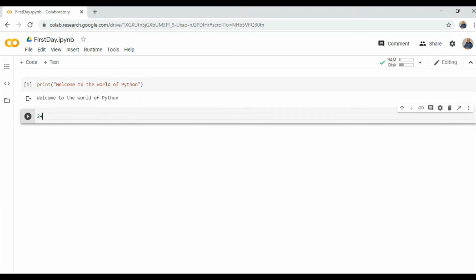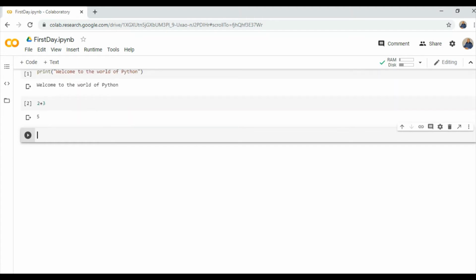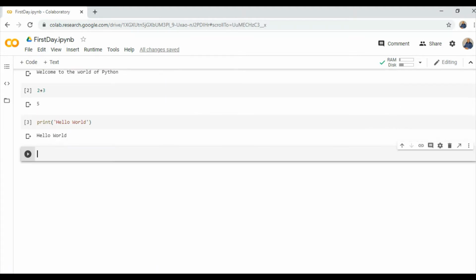Now coming on to the next cell, 2 plus 3, output is 5. So we can compute as well. Now just see, we are going to use print, that is an inbuilt function. You can see the type and all those things required as an argument, the hello world. As we start learning any language, the first thing that we want to print is hello world. So we have printed hello world.